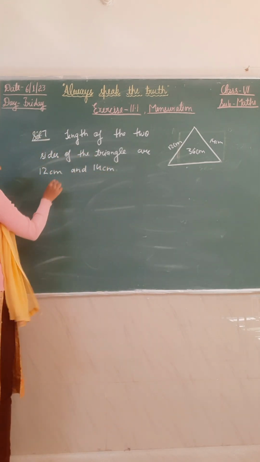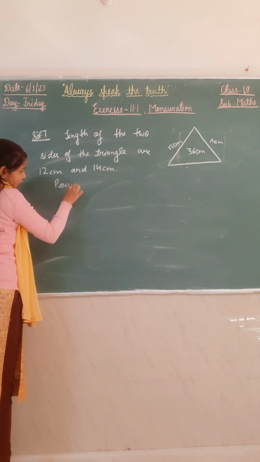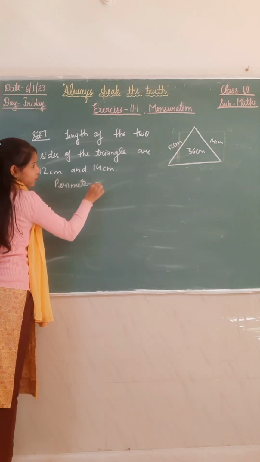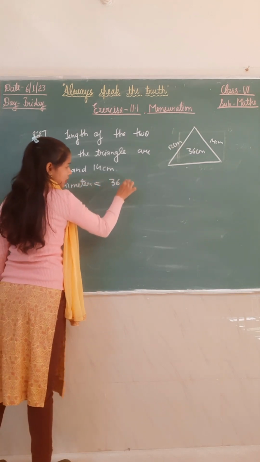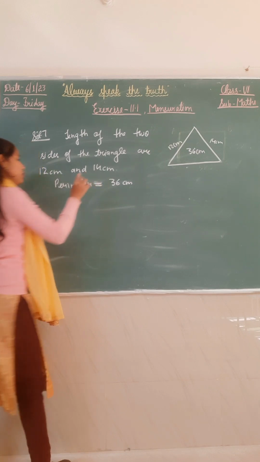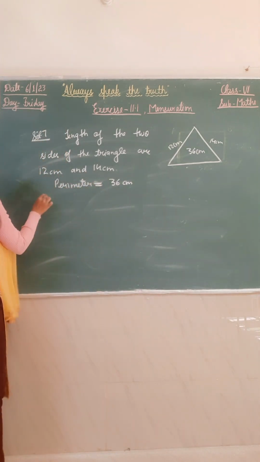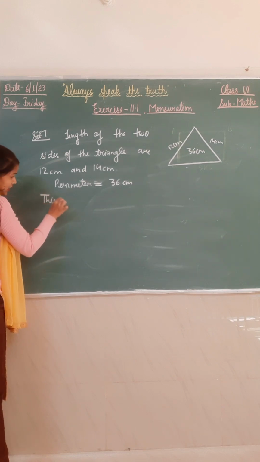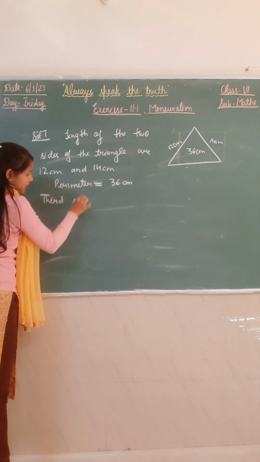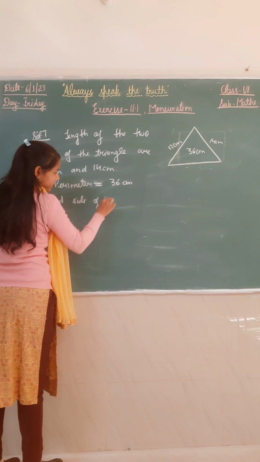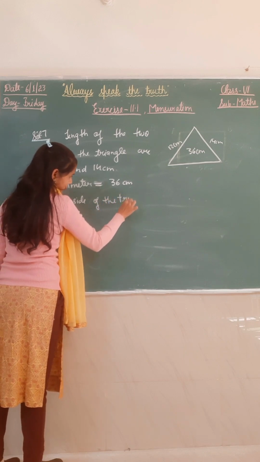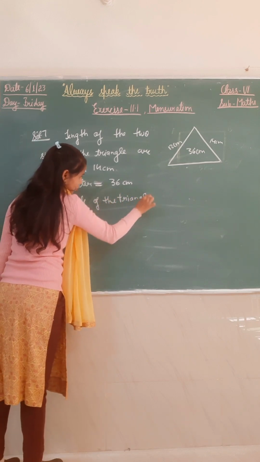And also what is given? Perimeter is also given. So write down perimeter equal to 36 centimeter. Now what we have to find? We have to find the third side. So write down here, third side of the triangle equal to